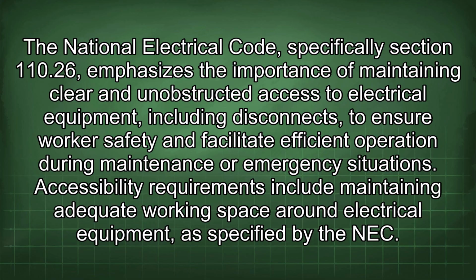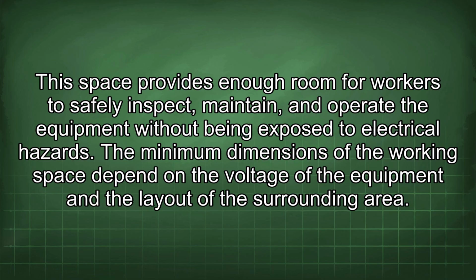Accessibility requirements include maintaining adequate working space around electrical equipment, as specified by the NEC. This space provides enough room for workers to safely inspect, maintain, and operate the equipment without being exposed to electrical hazards. The minimum dimensions of the working space depend on the voltage of the equipment and the layout of the